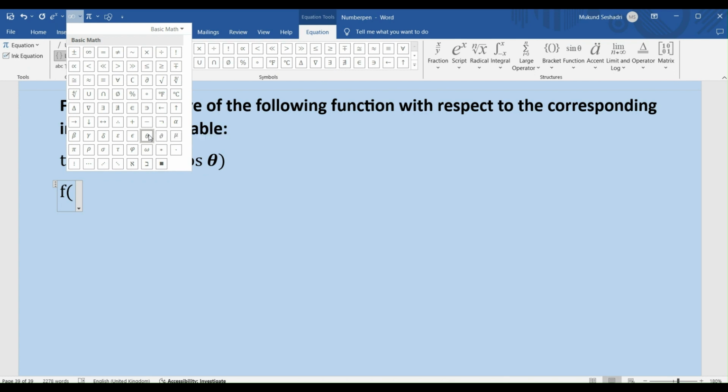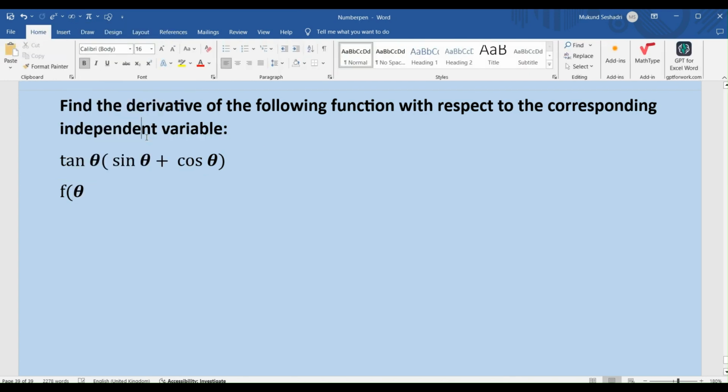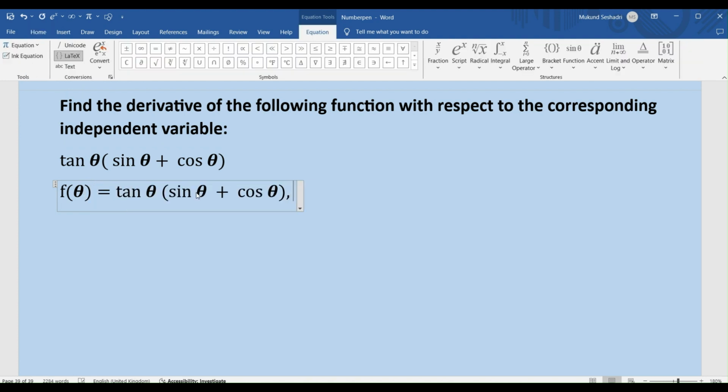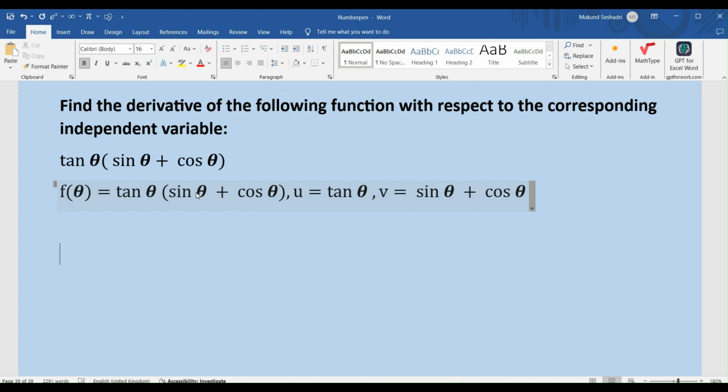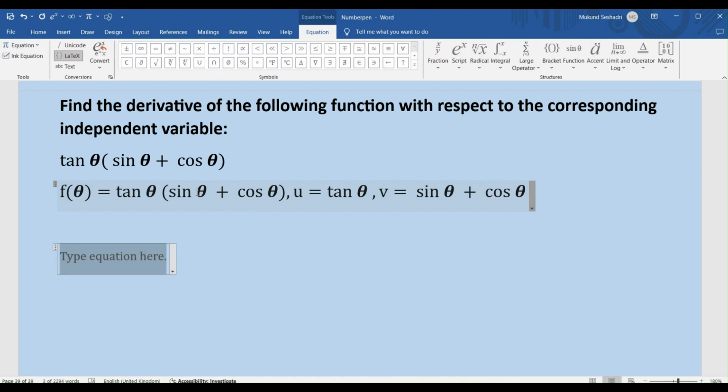Our independent variable here is theta. So we're going to do df by d theta here. And what is my u? My u is tan of theta. My v is sine theta plus cos of theta, right? Let's move to the next step. And what is my f dashed? My f dashed is nothing but